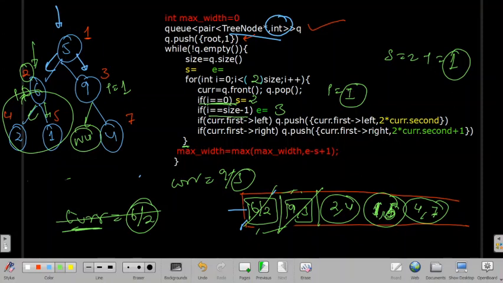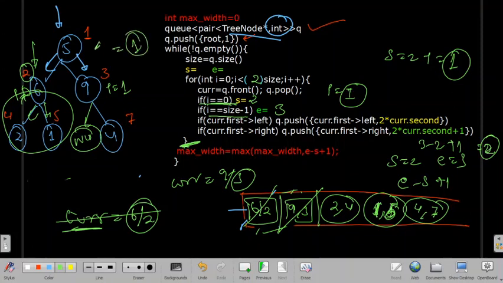After that we will come out of the loop, and as we got s equals to 2 and end equals to 3, we will use the formula end minus start plus 1, that is 3 minus 2 plus 1, that will be 2, right? So at this level I got value equals to 2. At first, when we were at the previous level we got value equals to 1, and when we come here we got value equals to 2.